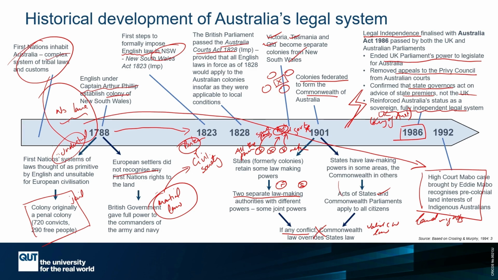And the law said, okay, if Indigenous rights to land have not been extinguished by some other law, another law could be that the local government allows it to be sold to someone. Okay, that extinguishes the native title. But if that native title hasn't been extinguished, then it's still held